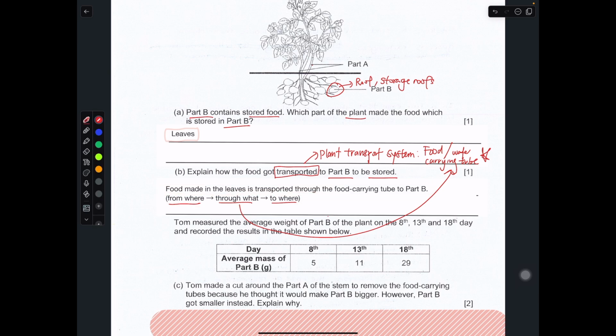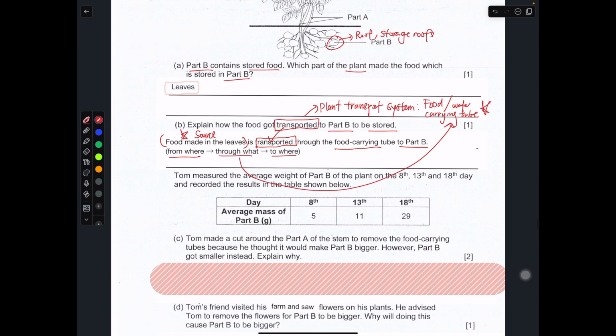Food made in the leaf, this one very important. Tell me where's the source. Okay, transported, as much as possible use this word. Okay, through the food carrying tube to part B. That's all. Okay, Tom measured the average weight of part B of the plant on day 8, 13 and 18,